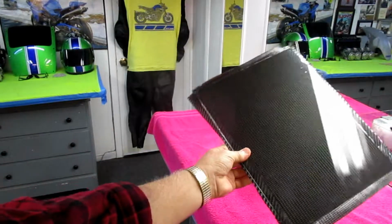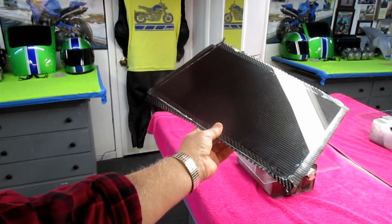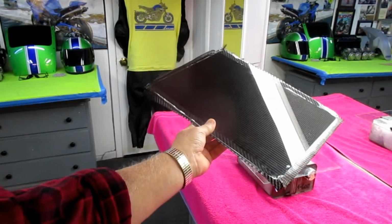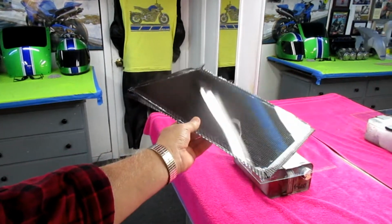And now we have material. I'll do the other one. Now we have material that we can make those custom MT09 parts from on a future video. And we've already shown the pattern making on previous videos too. So